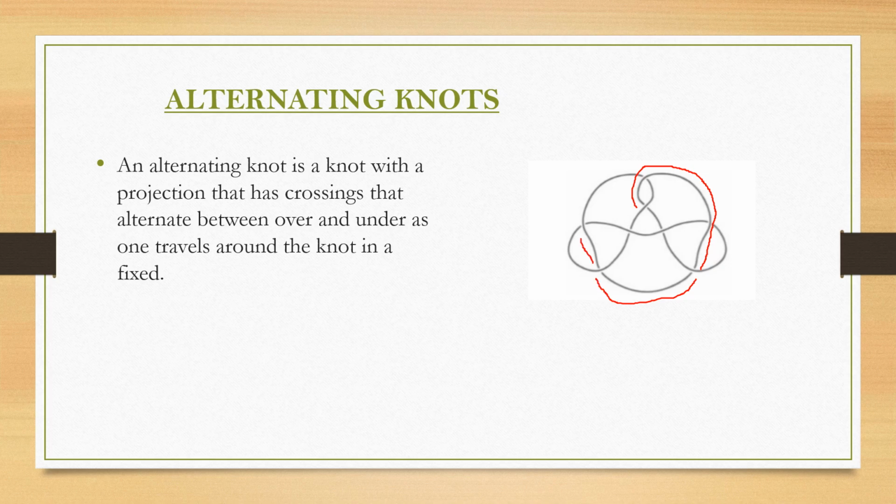From there, it alternates to become an over strand, then it alternates to give you an under strand. Again, it moves as an over strand, then shifts to an under strand,